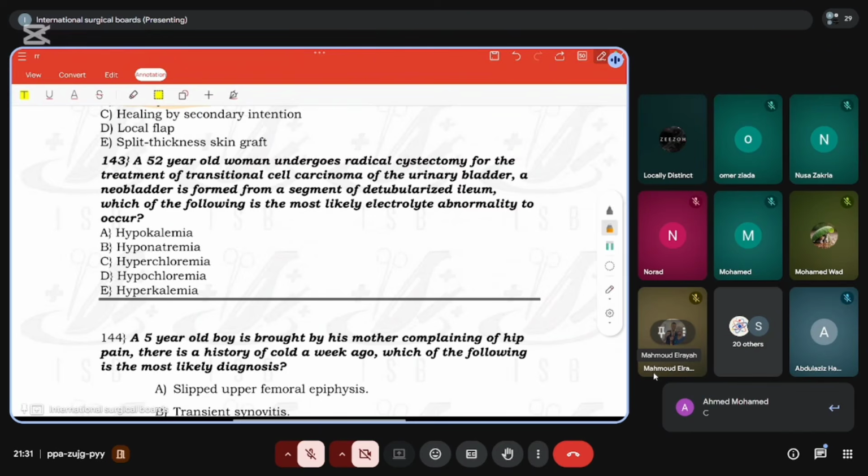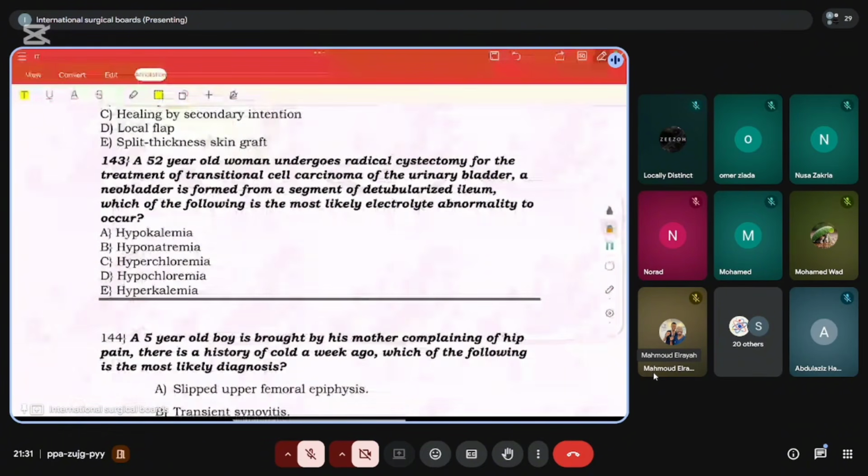Okay, let's talk about that. It is simple. We know that urine shouldn't be flowing in part of the small bowel, right? So here we used detubularized ileum to create a new bladder. We know that this particular type of ileal mucosa is not suited to handle urine. So it will be irritated. Ileal mucosa is also very good at something, which is absorption